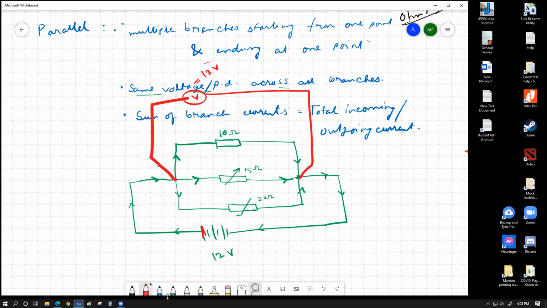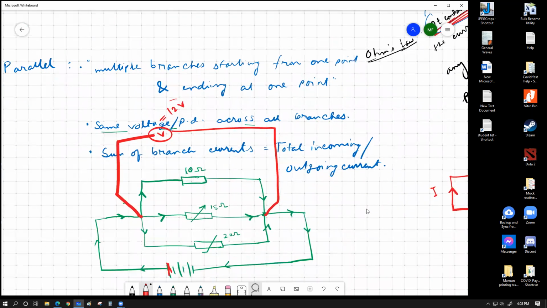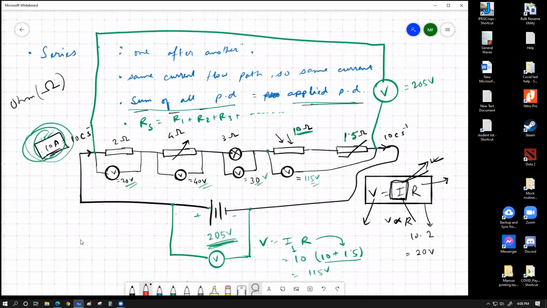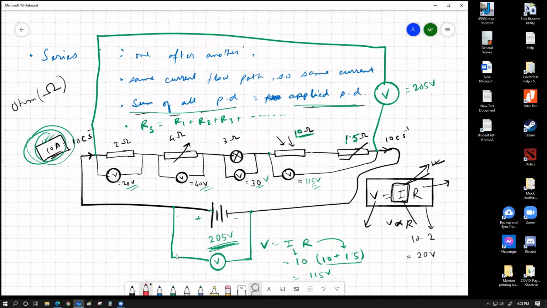For those of you who are feeling a bit confused about why it should be equal, what I want you to understand is that this is exactly what we discussed over here. Have a look. This battery has an individual value of 205 volt. That's what we calculated. And the total voltage drop from here to here was also 205 volt. This basically means that the total consumed voltage by these components was practically supplied from